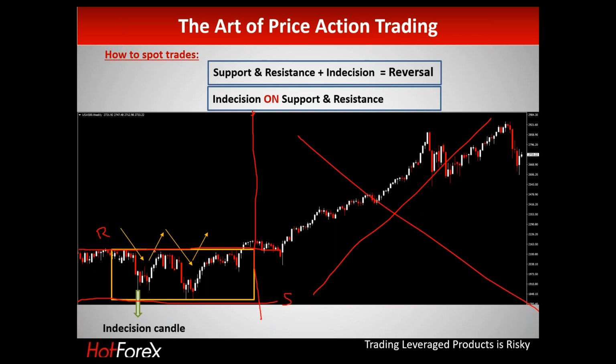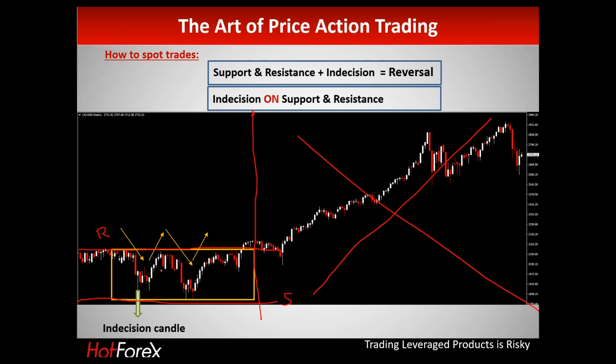Every time that the asset bounces higher and retests the resistance level, then it turns down and goes to retest the support level. Every time that it bounces off from the support level, then it's going up to retest the resistance level again. So at the edges of the support or resistance level, there is also a possibility for you to take an entry based on the chance of reversal.